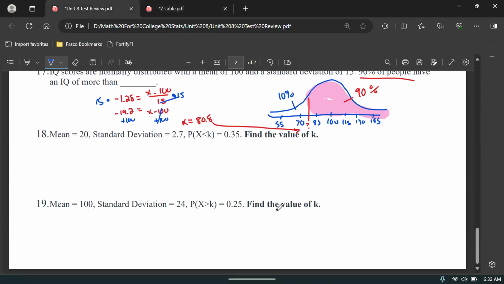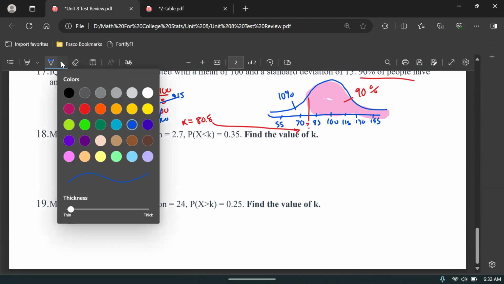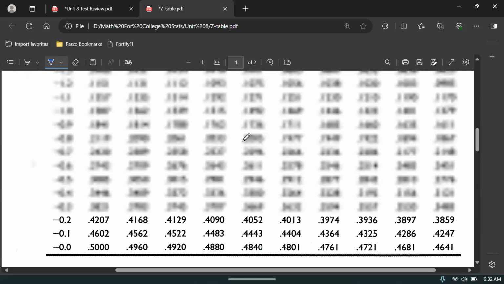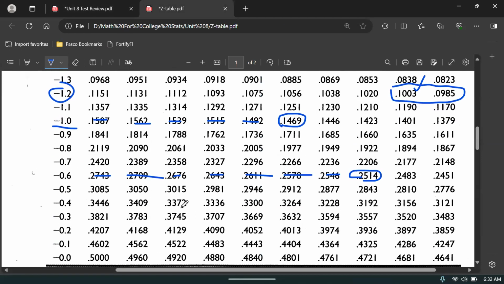All right, 2 more to go. Pretty much the same thing, just without the word problem. So we're going to look for the Z-score. So this is probability again. We know that the probability is 0.35 and it's less than K. So this is the lower 35%, lower 0.35. So we need the Z-score that corresponds to that. So again, we're going to look through here for that 35%. So we're looking for 0.35,